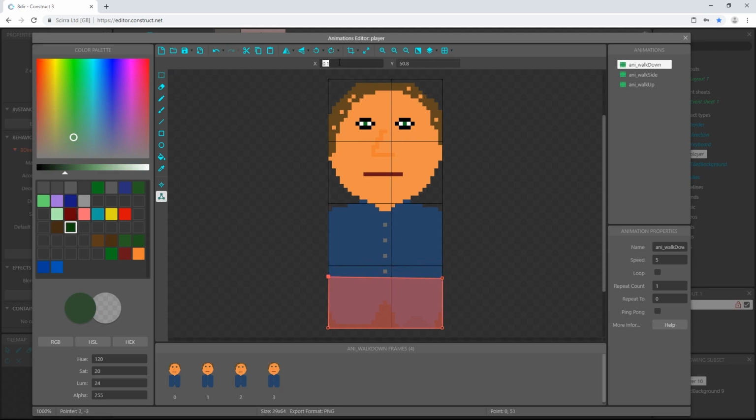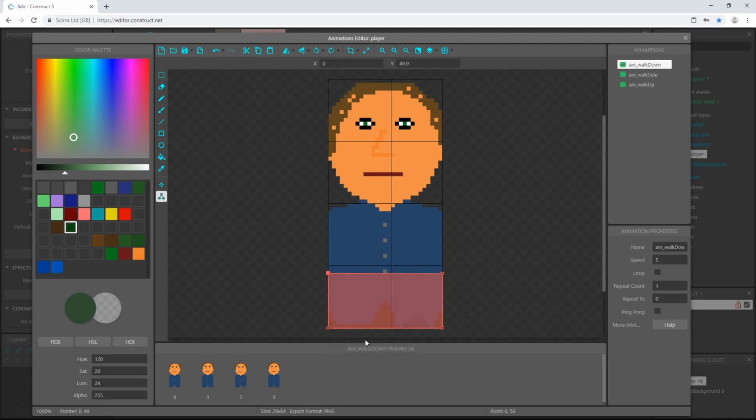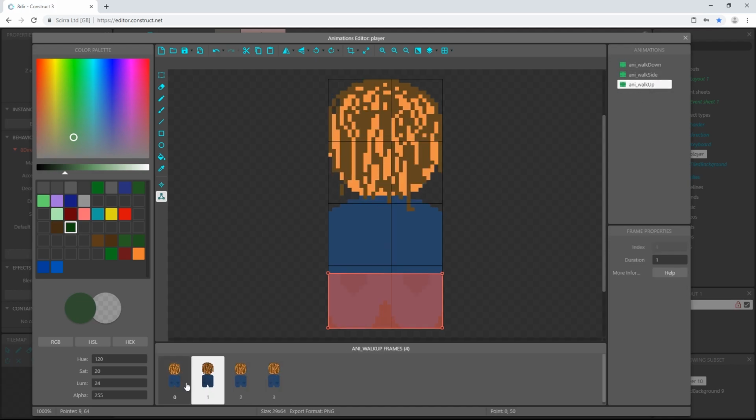And I'm going to say the X of 0 and the Y of 50. And then I'll highlight this one, and I'm going to say a Y of 50 and an X of 29. Okay, then I'm going to right click on any one of these points, and I'm going to say apply to all animations. So now every frame of every animation has the same polygon collision box. We can exit out of that,